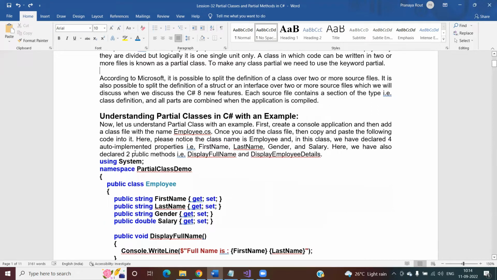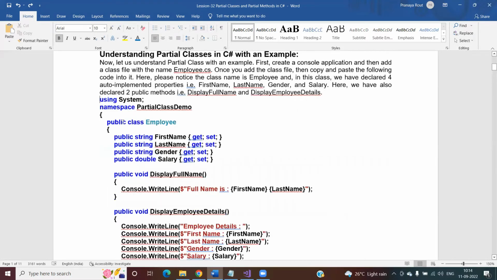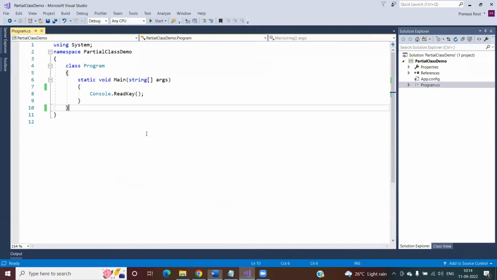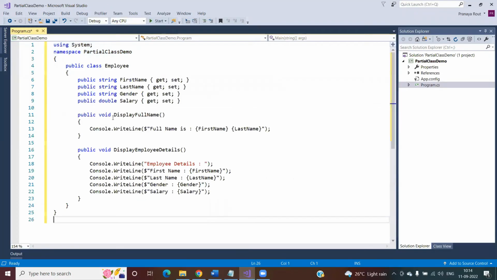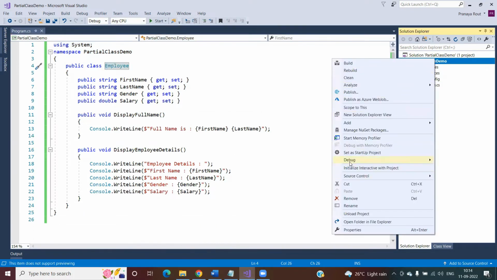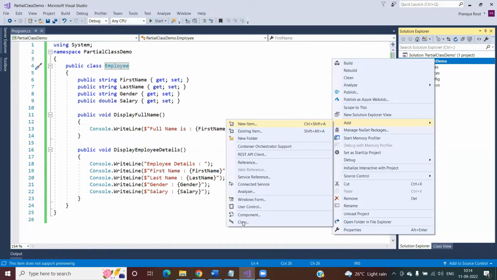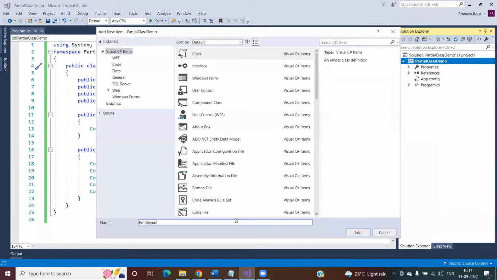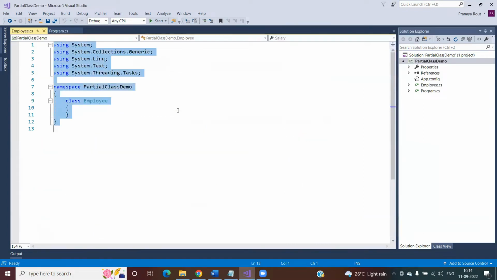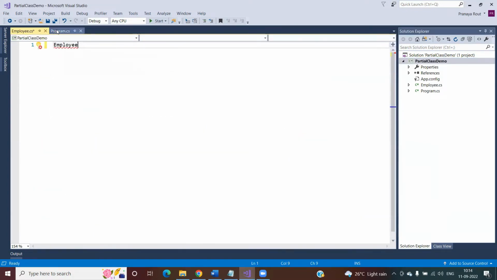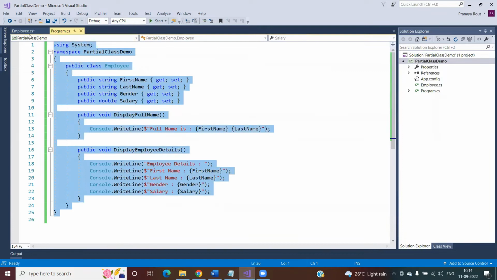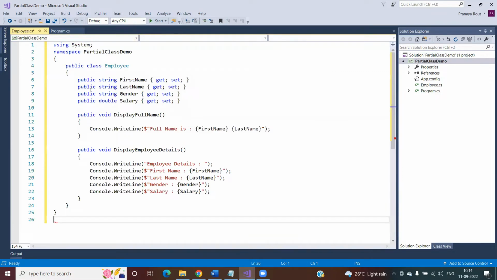So now let us understand partial class with an example. What I'm trying to do is create one example. Let me create a class called Employee, Employee.cs, and in this Employee class I'm just copy pasting the code. So if you look at this class,